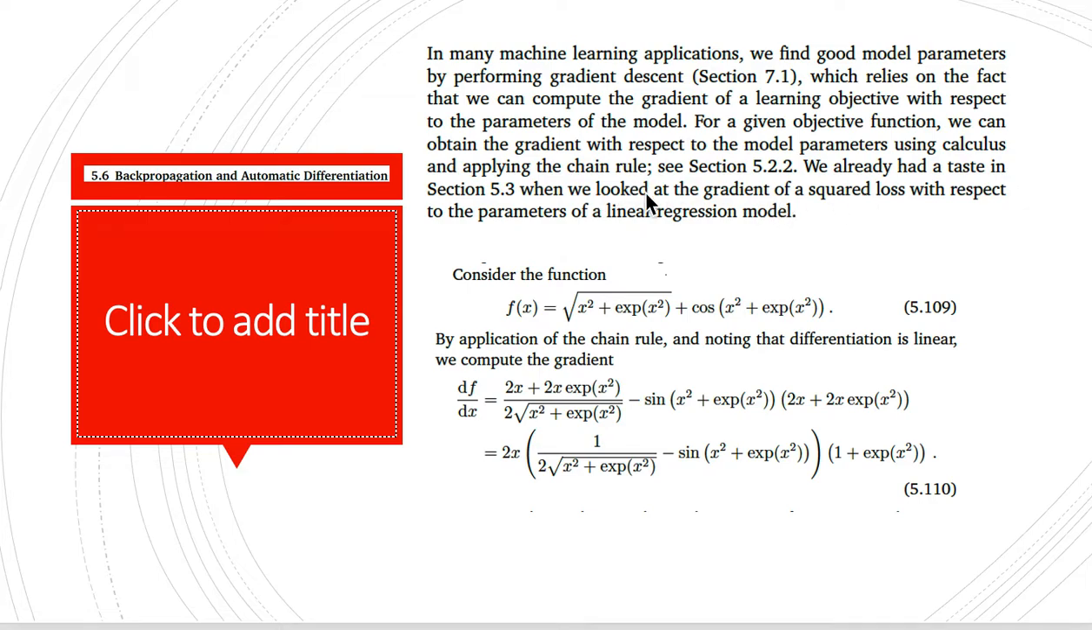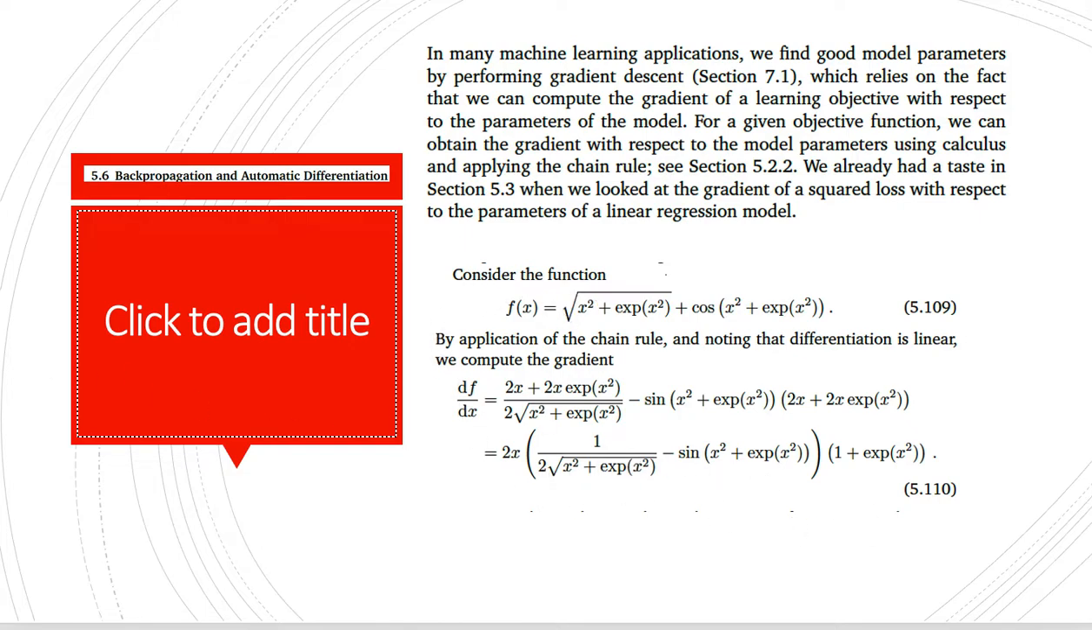We already had a taste in section 5.3 when we looked at the gradient of a squared loss with respect to the parameters of a linear regression just now. Now consider this function f(x) = sqrt(x^2 + exp(x^2)) + cos(x^2 + exp(x^2)). By application of the chain rule, and noting that differentiation is linear, we compute the gradient of f(x). If you solve this, you will get something like this,